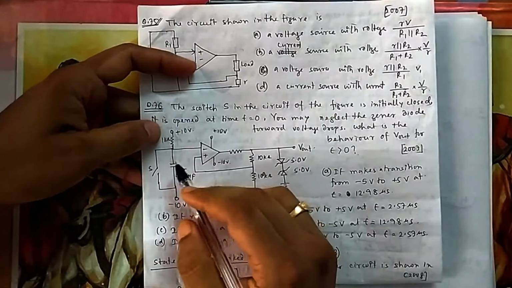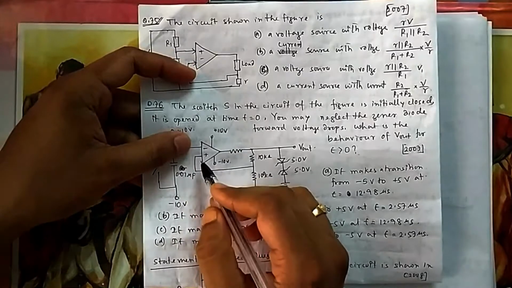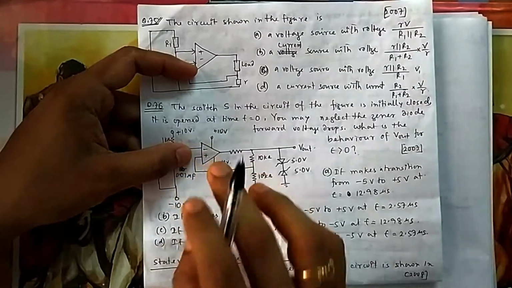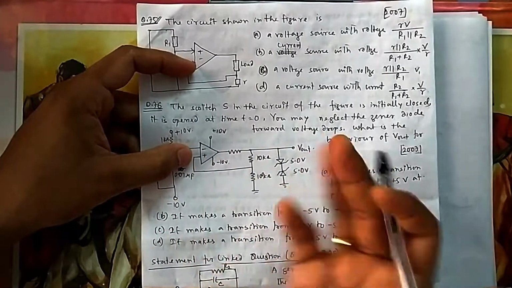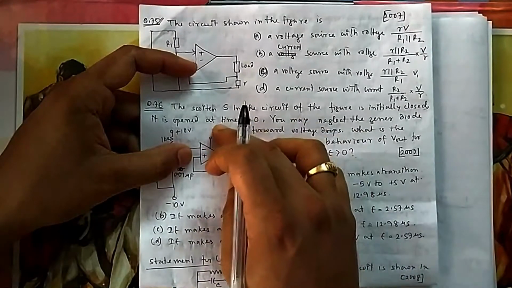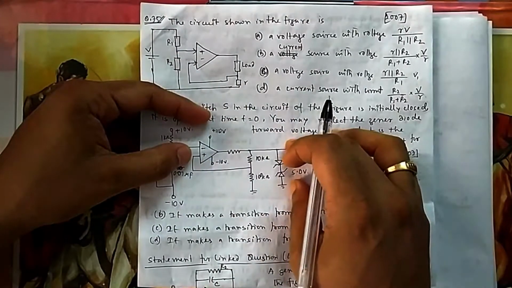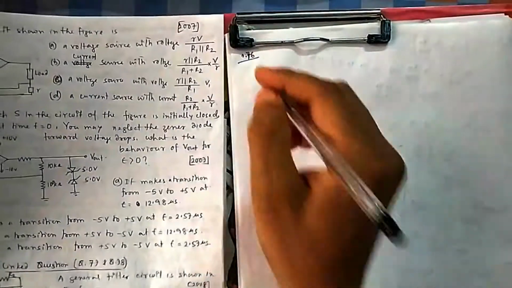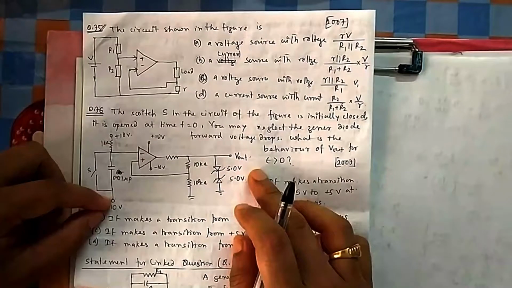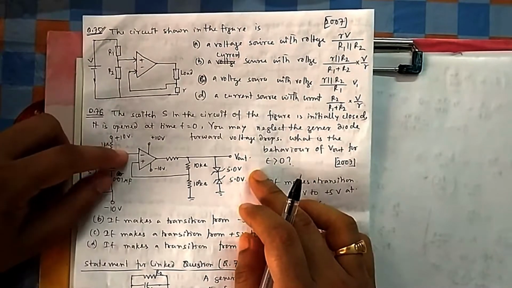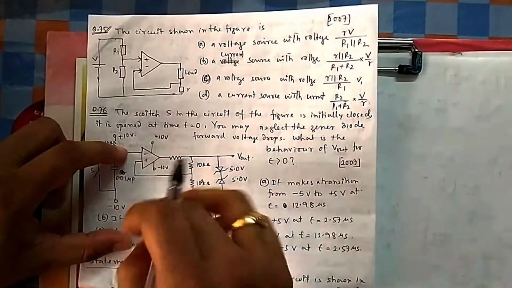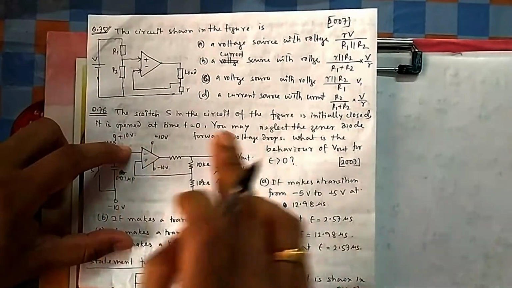So initially let us think that it is shorted. Let us assume that this voltage is greater than this one. You can start with anything. The output should have been plus 10 for this, but here we saw that it will be either plus 5 or minus 5. So let's take Vout initially as plus 5, because initially it is shorted. Once you open it, the capacitor gets charged and this potential increases. Once this increases, the switching will occur. So if it is increased, then it will go to minus 5.